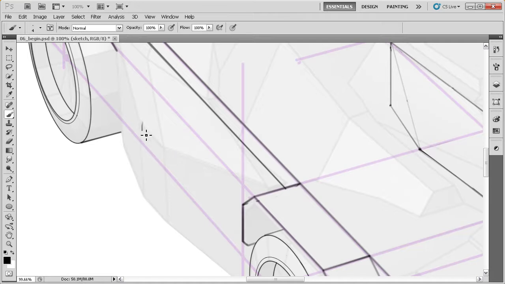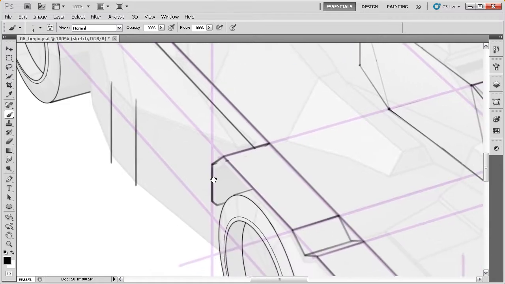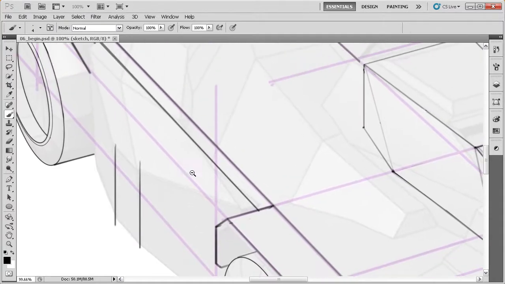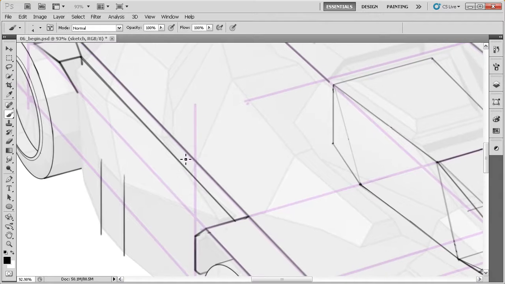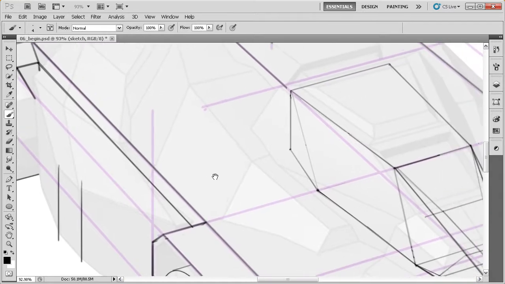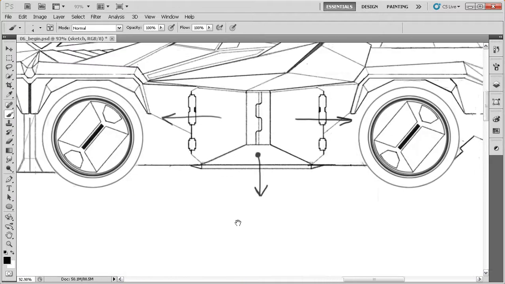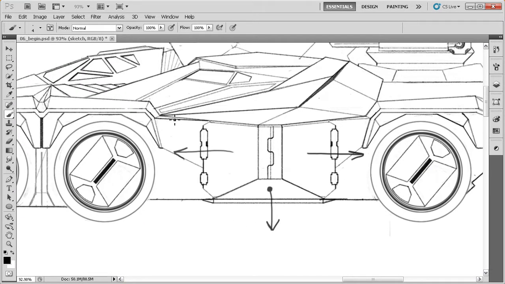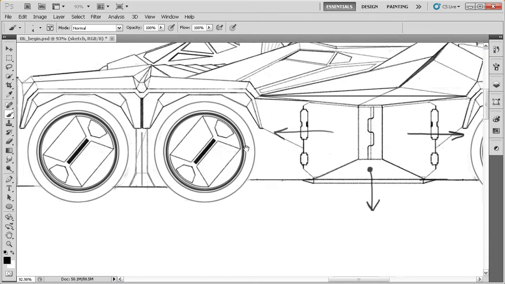Let's go ahead and draw this one in. We'll draw this one in. Could draw those a little bit bigger than I probably should, but we can shave those back. Now let's think about this canopy piece. This canopy piece is kind of triangular in nature, and if we come back over here to our sketch, you can kind of see that if I were to draw a straight line through those corners, just like so, you've got a little bit of it that actually comes into the vehicle's main body. So if the main body of the vehicle, the corner was right there, this is how this shape is going to sit on that. So let's come back over here